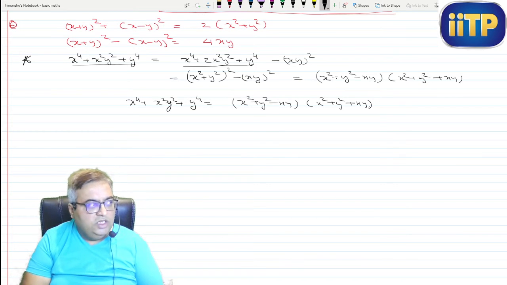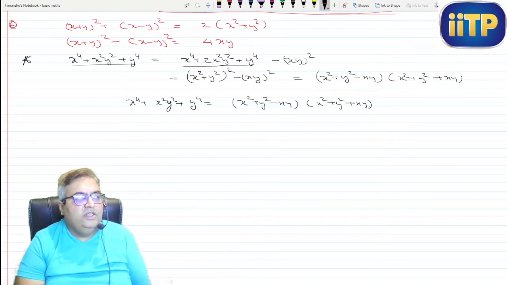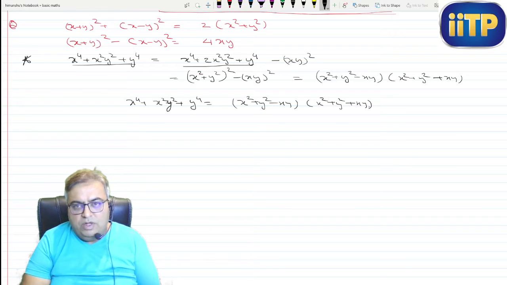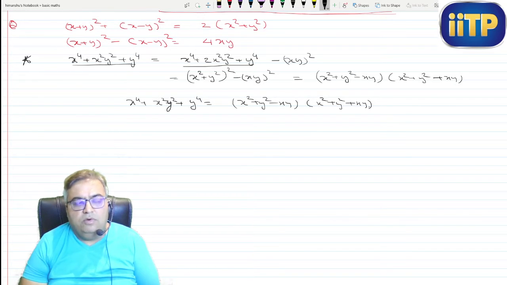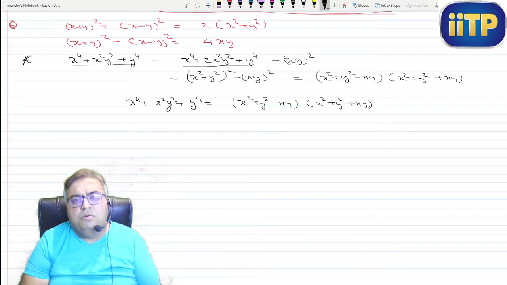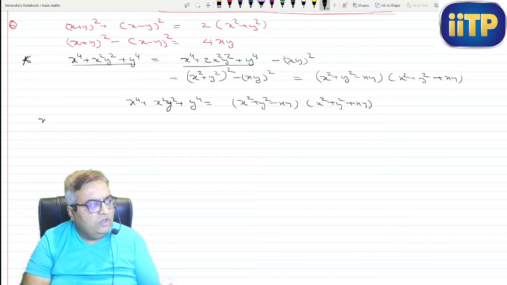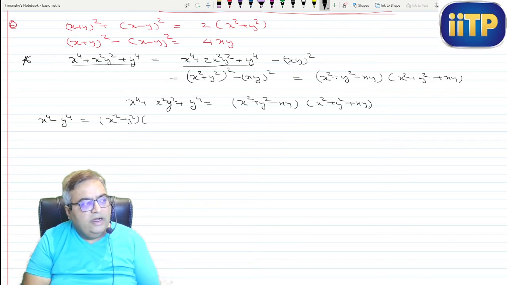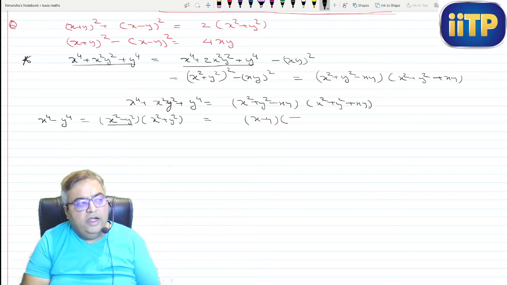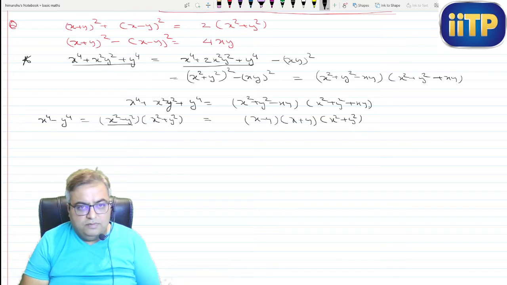Now, you see it was not degree 2, it was a higher degree, but it was reduced into a smaller degree. In a similar manner, we can do more questions like this. There can be other questions, like what is x to the power 4 minus y to the power 4? Now I can write this as (x square minus y square)(x square plus y square). Now this x square minus y square can be further factorized into (x minus y)(x plus y), and then (x square plus y square).